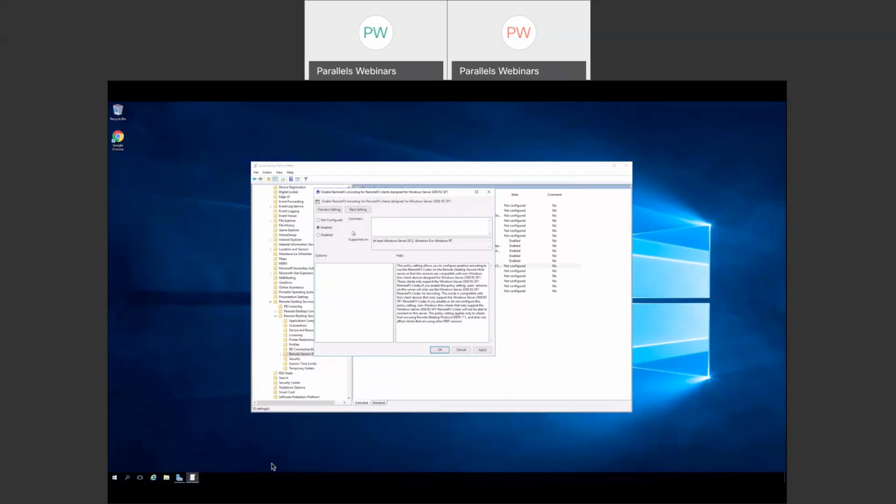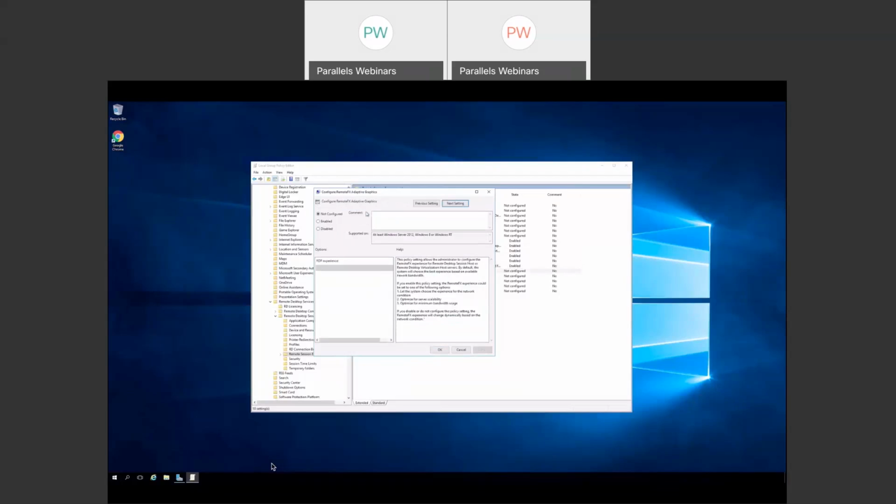Now they're probably going to be taking advantage of kind of a downlevel version of RemoteFX because they're not Windows 10. You're not going apples to apples here, you're going apples to oranges or something. So it'll probably be a slightly lower version of RemoteFX, but it'll still be RemoteFX, and you can take advantage of that. So it's always going to connect to the highest common denominator that both the client and the server support. So I'm going to go ahead and enable this because of that, and then I'll go on to the